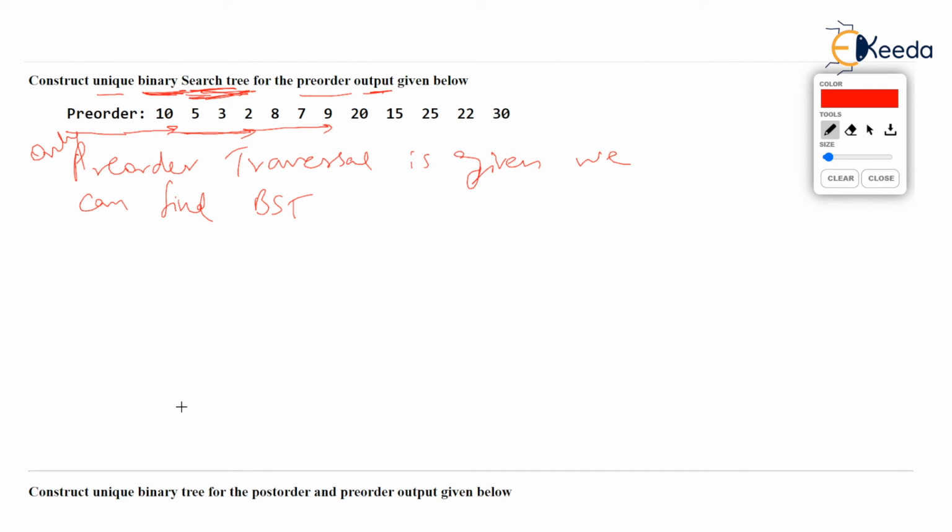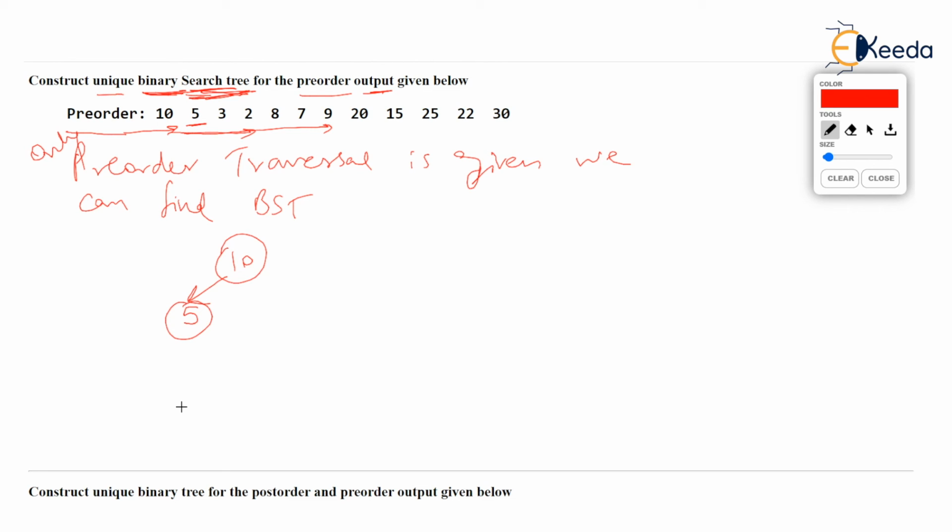So in our data, 10 was coming first. So we added 10 first in the binary tree. Then 5 came. Then 3 in our input data. So we created the tree by using this data. So you just have to take 10 and add it as root. Then take the next value 5. 5 is less than 10, so it will go to the left of 10. That means, as I explained in the first video of binary search tree, if data is given, how do you construct a binary search tree? Take the data as they appear, as they come, and use the less than, greater than rules for constructing the tree.